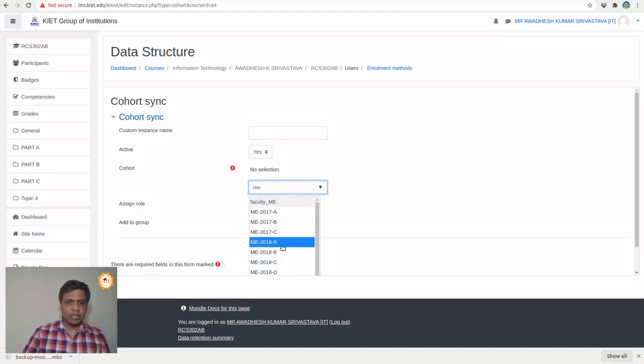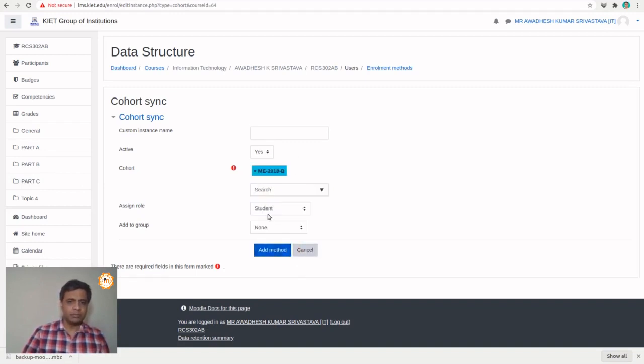Suppose you are taking class in A section as well as in B section, then click on the B this time. Default role is student. Here you have to convert it to create new group. Now this is the group to which you earlier added the students, so that is the name of that group. So you have to pick create new group only, no other option. Now click the add method button.